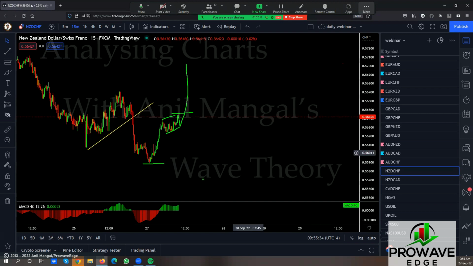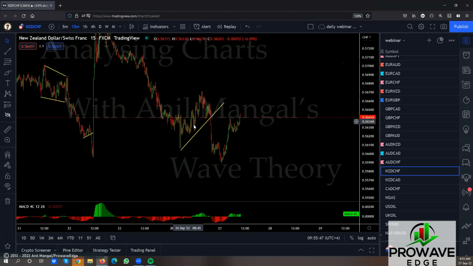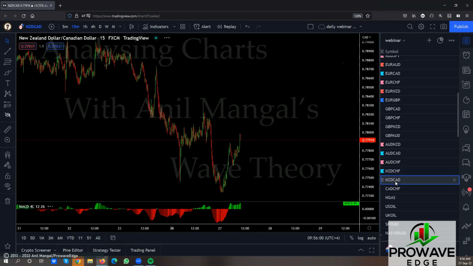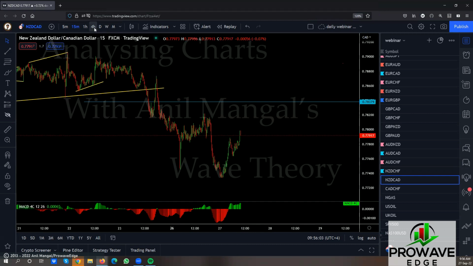It makes sense. The move up is big. Right? What if it's a small one? Or you can wait for the bigger one. Wait for this to pull back, confirm the upside, and then take the trade. So this would be a running flat because we broke the low. Right? I like this. Look for a buy. I look for a buy setup here. New Zealand CAD, same here. Let's see the bigger picture.